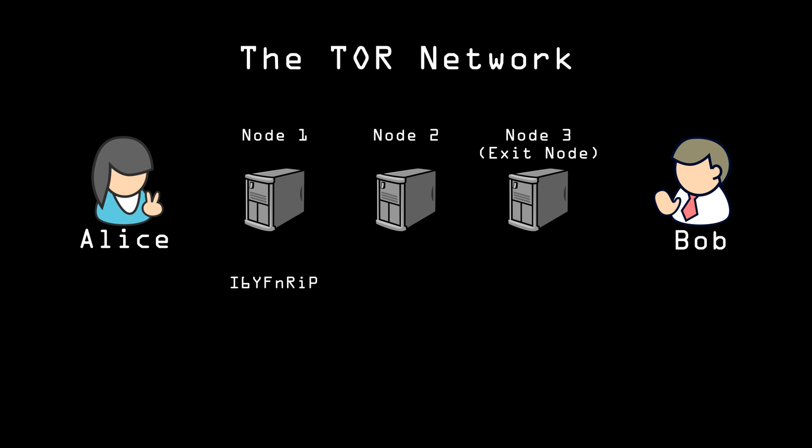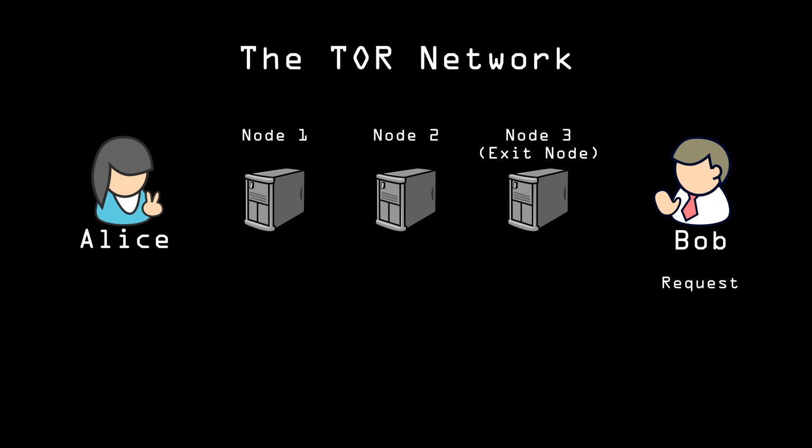The first relay receives the packet and decrypts it, only to find another encrypted packet inside and the address of the second relay, which it sends it to. The second relay is able to decrypt this layer, but like the first relay, all it finds is an encrypted packet with the address of the next relay. The last relay is known as an exit node. This relay decrypts the packet to find the original request, which it then makes to the server, and, like a proxy server, relays back the response, going through Tor's layers of encryption as it makes its way back to the originating machine. So like the proxy server, if Eve is snooping at any point along the way, she won't see anything, just blobs of pseudo-random noise.